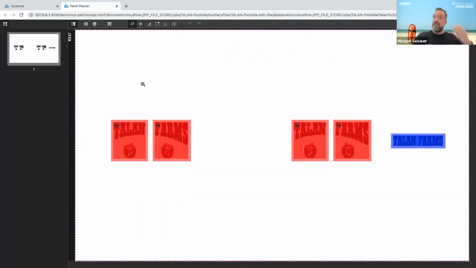And yeah, Tectonics takes care of this and says, okay, if we have two cameras, we have a minimum size for the patches. And if the patches are too small, we can't mount them with an automatic mounting system. And this is what is indicated here on screen. So the red patches are too small. You can still export the small patches and mount them manually. But if you want to make an improvement and want to mount automatically on the Mount-O-Matic, it's better to modify this one. And you have powerful tools here where you can easily